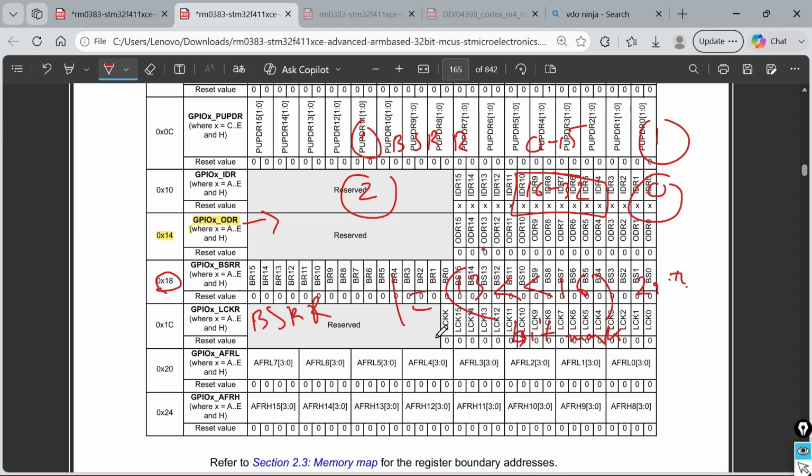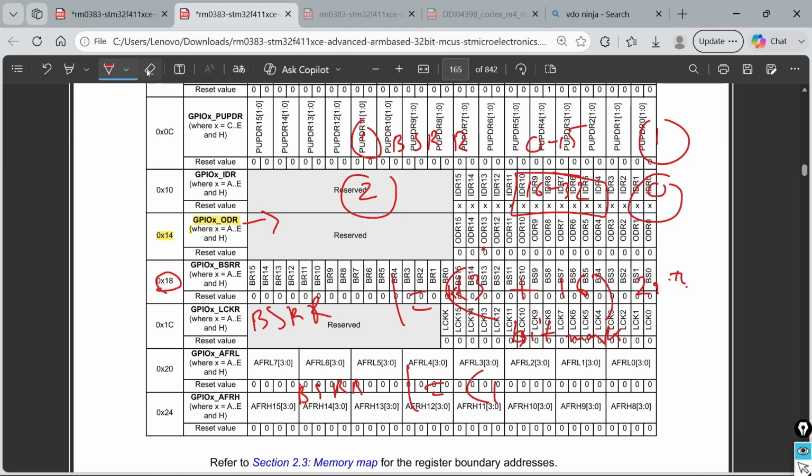Okay, now say you need to write 1 in ODR. So what you'll do is you will not use the offset. Actually here we will have 13 plus 16, that is the offset, and 1 is what we'll be using logical shift on.